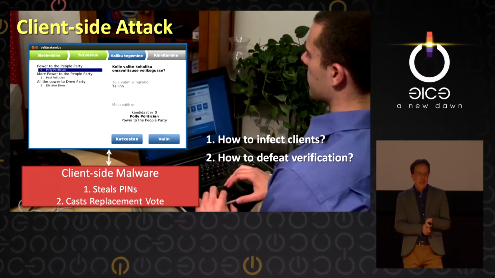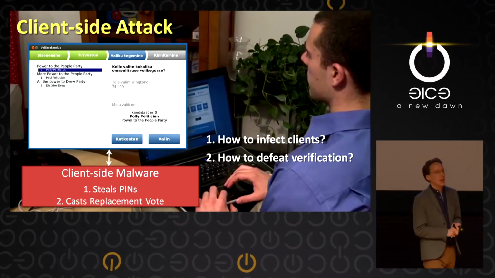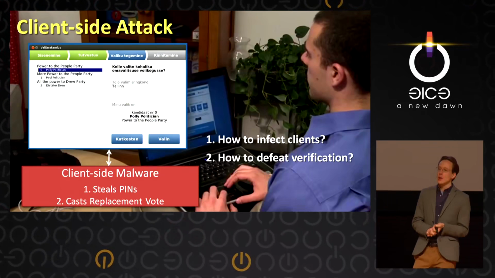Another way would be by, if you were, say, the NSA, you have your stockpile of 0-days, you just attack some popular website or application used in Estonia, and thereby infect people's clients with the malware. A third way might be to smuggle in malicious code with the official voting application, which is something we know that everyone who's voting online in Estonia is installing just prior to the election. Anyway, there are various ways you might infect the clients.